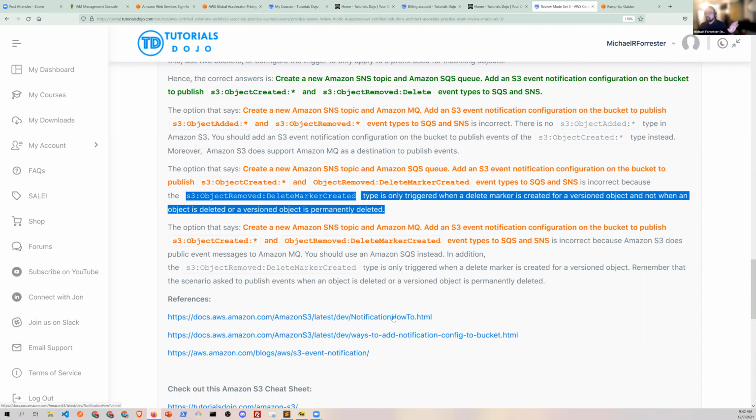And then what we're doing is we're going through the practice exams right now, because Ryan was telling me that some of you have a deadline of getting this done by the 15th. That's pretty much all you're going to do: one review mode set of your choice, and you're going to do that same set until you get a 90 percentile. Then you're going to do the next set until you get a 90 percentile, and then you're going to take the exam. So you can see the video if you need to rehash on that. But if you have any questions at any point in time, please just throw them in there.